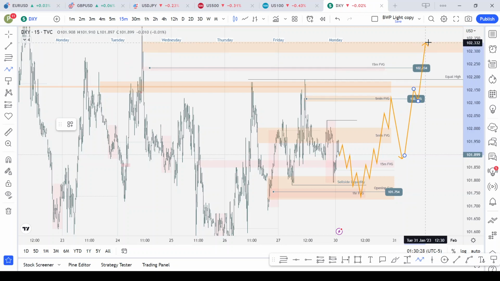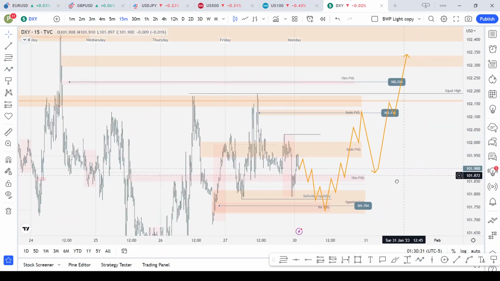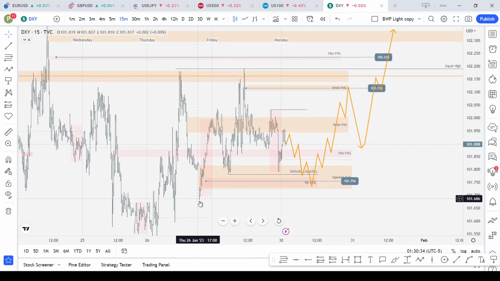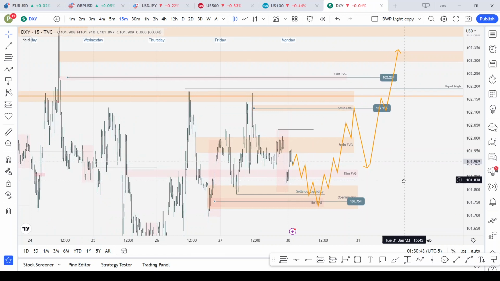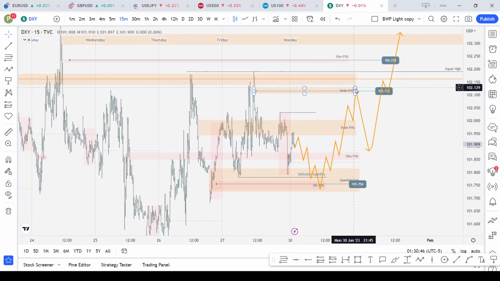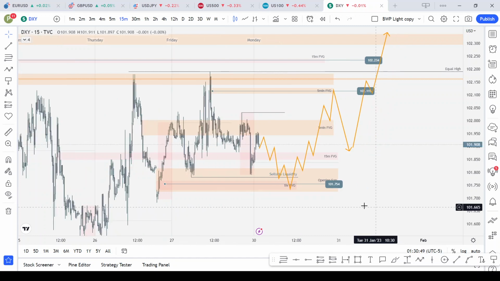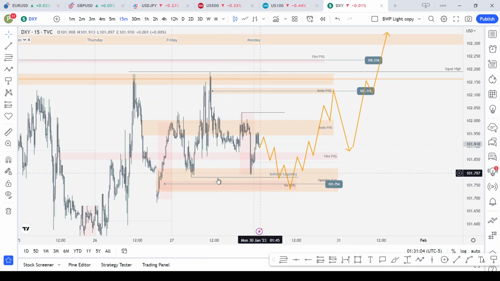But at the moment, these are the levels that I want to see price trading to. Preferably I want to see this low remain intact. I want to see this volume imbalance support price. We might get a very strong rejection from here. Now this all depends on what happens here. If this high is not taken out before this level is taken, if price should drop down first to take out